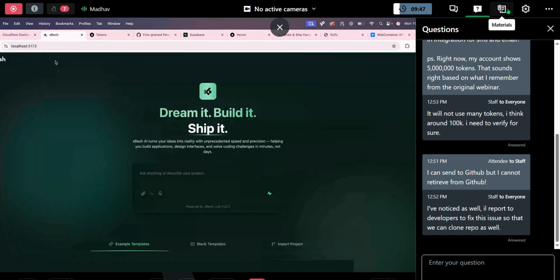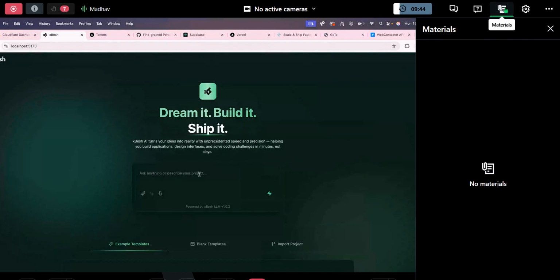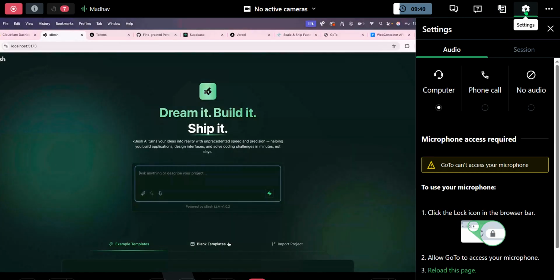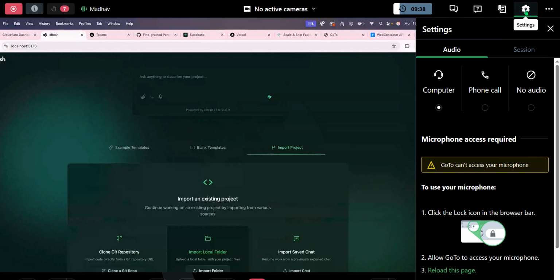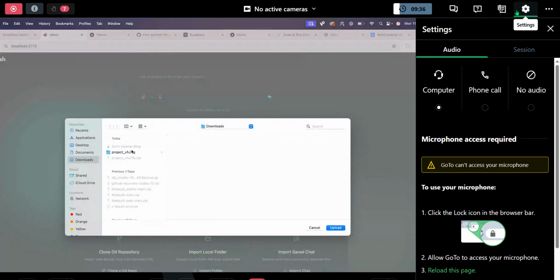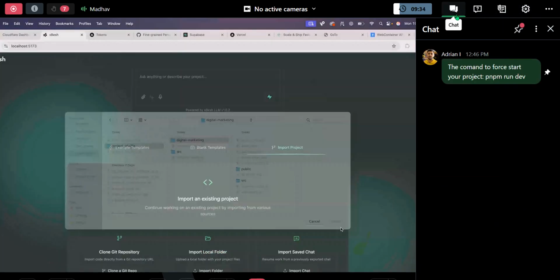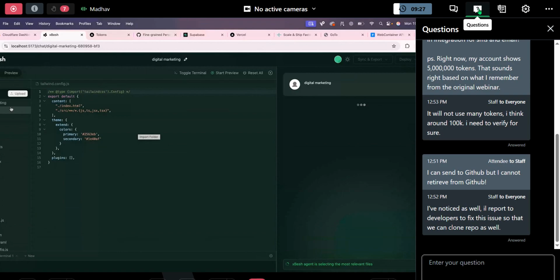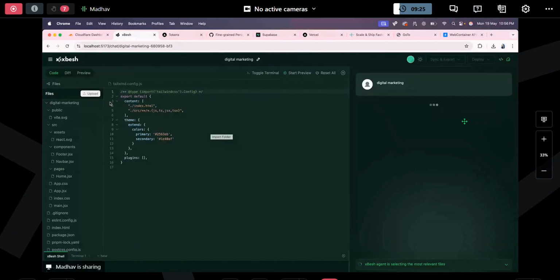So let's say you want to import the code from your old project, your old folder. We can actually do that from here. I can just download the digital marketing project, which is here now, and this project which I've downloaded is uploaded to the server, and we can start by running the npm install or pnpm install command. It will do it by itself.